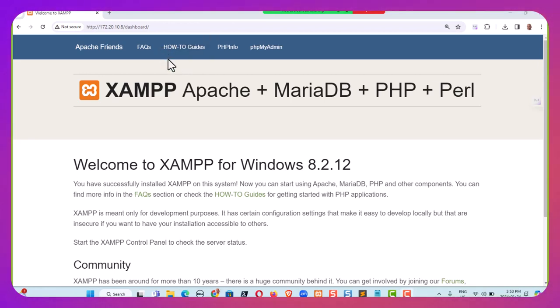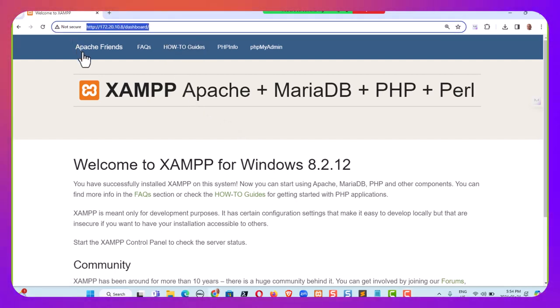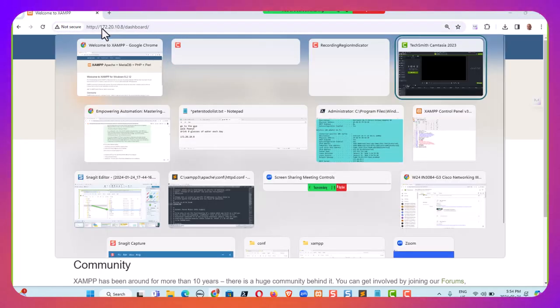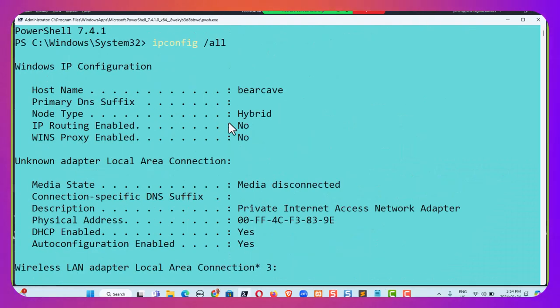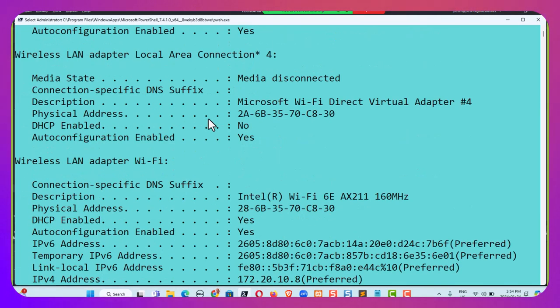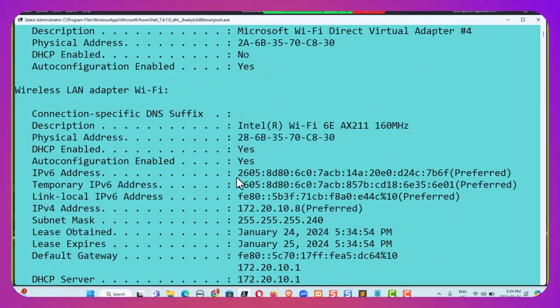All right, this video will now show us how to fine tune the kind of content that's showing up on our server. So far, I have a server running on my computer. I know that it's running because when I go to my local address, which I got by entering ipconfig in the command terminal,